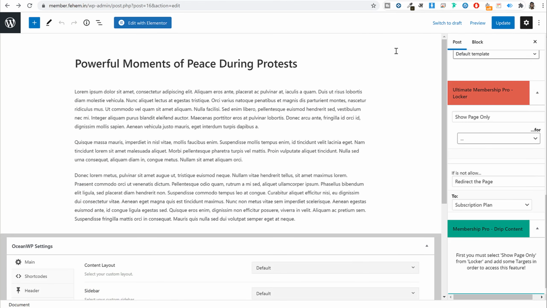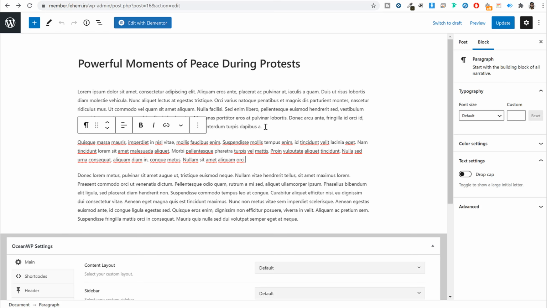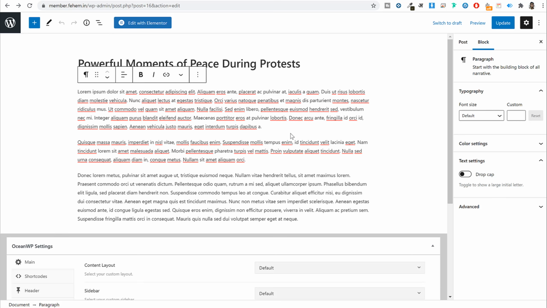Now let's see how we can restrict part of the post, like how we can hide some part of the post. I think this is the most important option. If I just want to show one paragraph and hide all the other paragraphs, let's see how we can do that. To do this, first we'll have to add a block in between. So maybe I just want to show the first paragraph. After one paragraph, if you see in the middle, you'll see this plus button. You can click on this plus button to add a block. Or if you don't see this plus button, click on the first paragraph, and at the top left corner, you'll see this plus button.